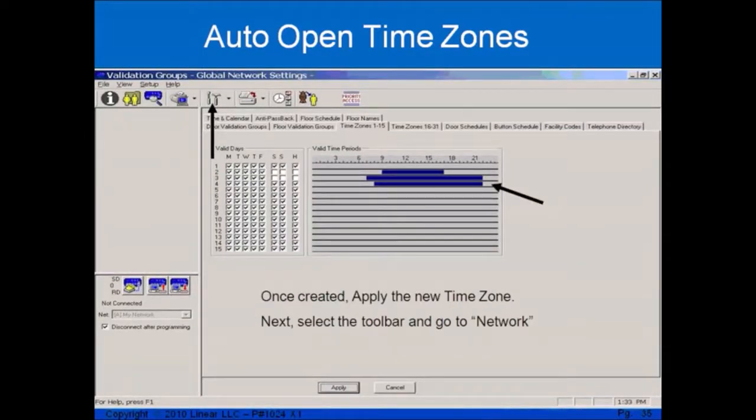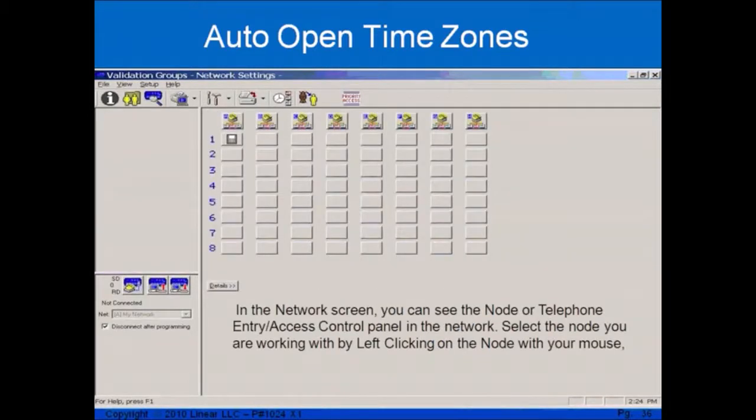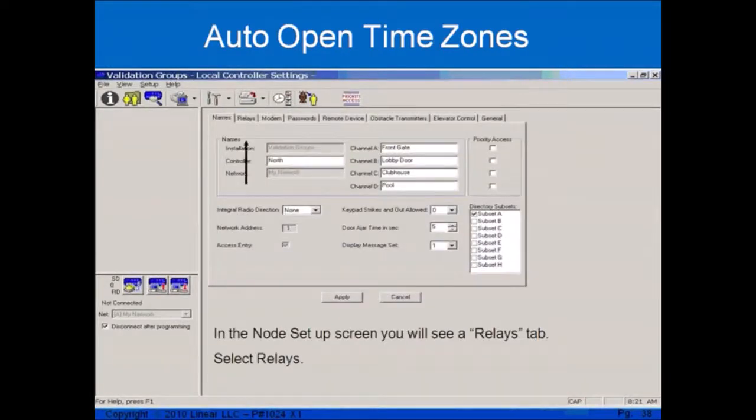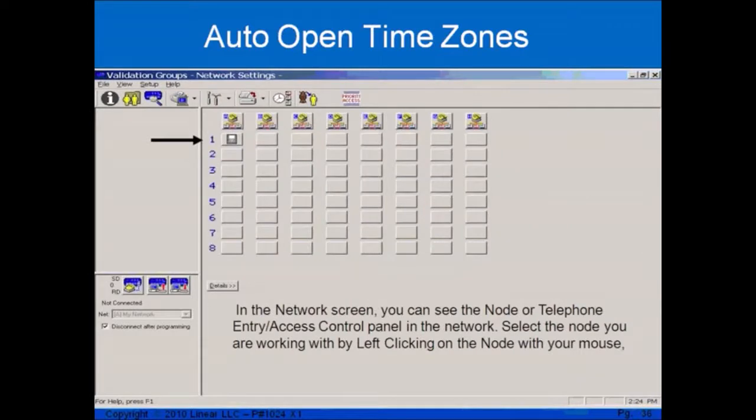Now that I've created my time zone, I need to apply this to the specific relay. The relay is in the panel itself, or the node. So the hammer and screwdriver to the network screen, and I will see in this installation we have one AE2000 Plus in network A address number 1. I select that node, and I will go to node setup. And within node setup, I will see a relays tab. I will select the relays tab,